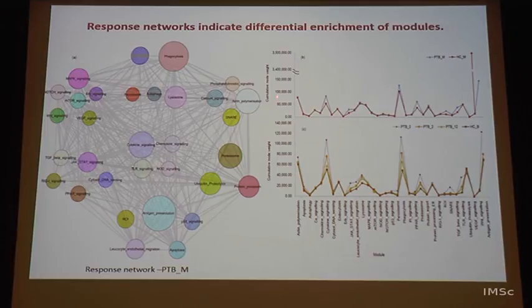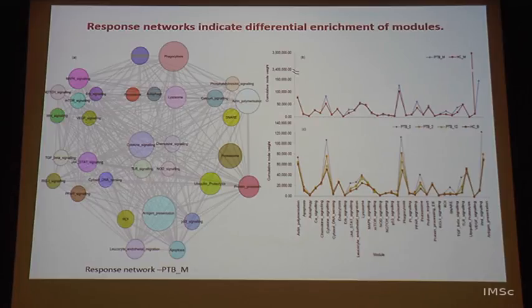10 is okay. So, what you see here is an overlay of extent of activities through this network analysis in different conditions. So, PTB-M is this one, healthy control is in red. So, you see a big increase in this particular module in healthy control, but in some it is also lowering. So, some modules are being suppressed, some modules are being increased, module as a whole in terms of activity. That means, how many active paths are found in this module, that is what it is saying.